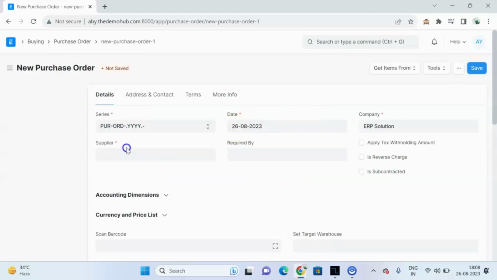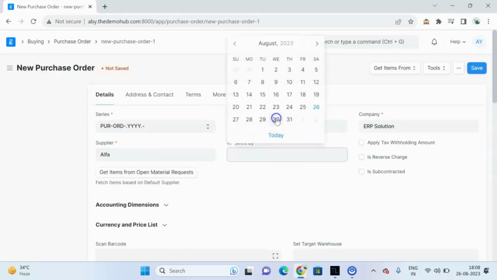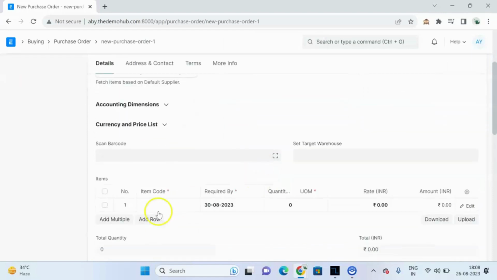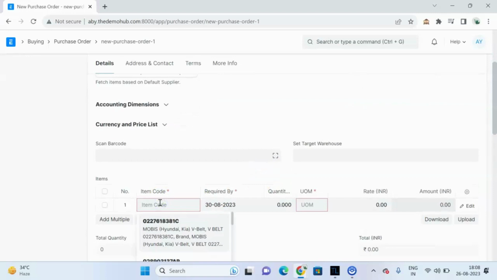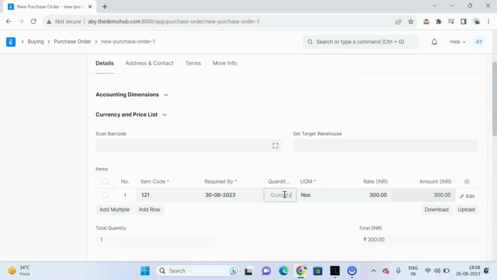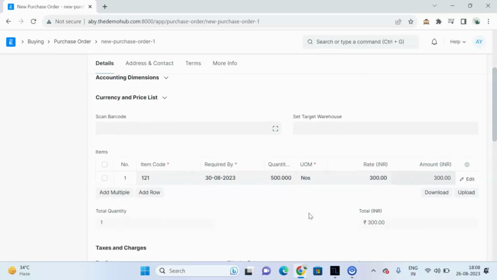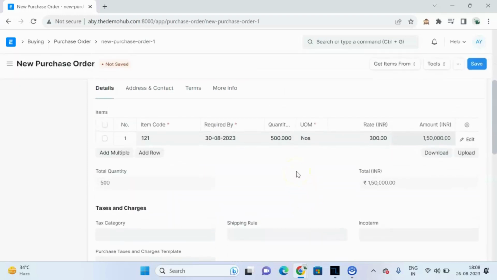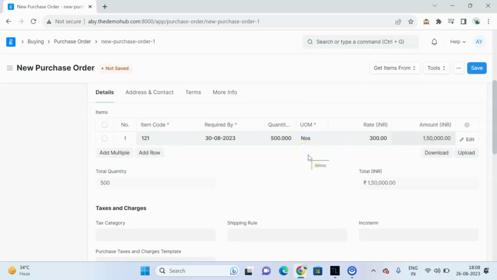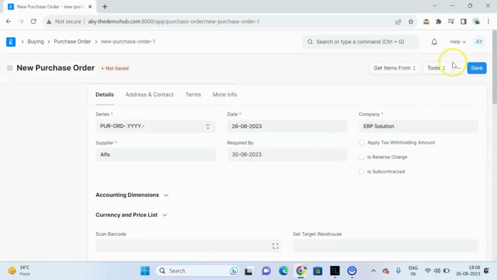First we need to select the supplier from whom we are purchasing. Let us take Alpha, and this is required by the 30th August. Then add the item code for which you want to purchase. So I am adding the falcon birds. Let us take it as I need 500 quantities. So I am purchasing 500 quantities of falcon birds. So once you submit the purchase order,